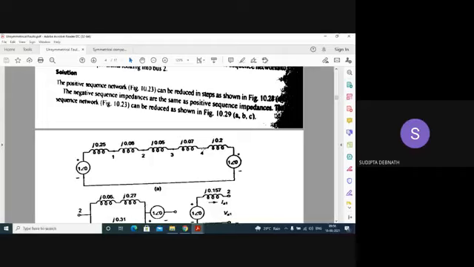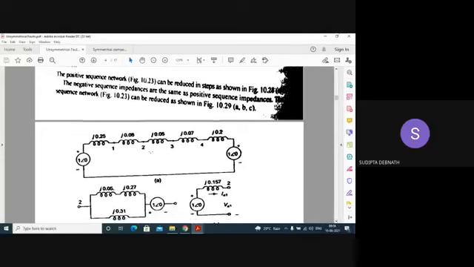So 0.32, and how are they represented? 0.31 means addition of these two is 0.31, and addition of these two is 0.27, and they have kept this one separate. Understood? So this part and this part actually are in parallel. How to reduce this one? You know Thevenin's theorem. If you want to find the voltage, the current, what you have to do? You have to open circuit those terminals, and find out the Thevenin's equivalent impedance.